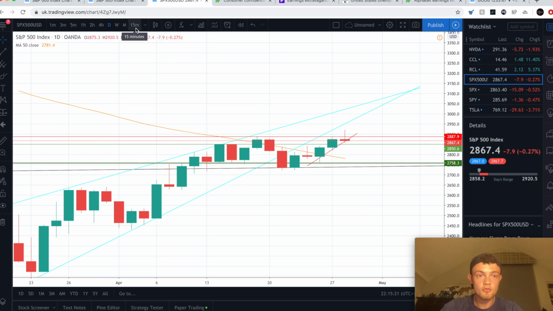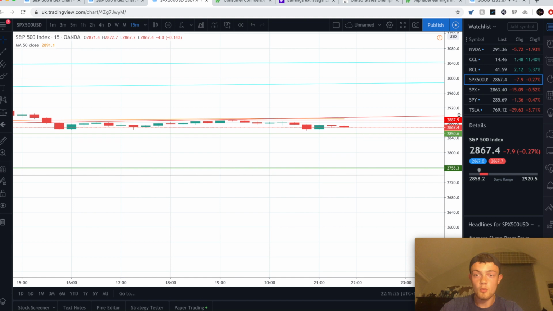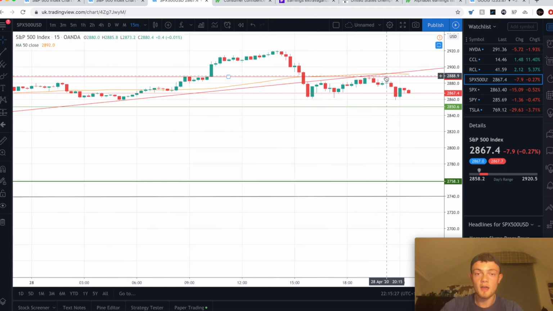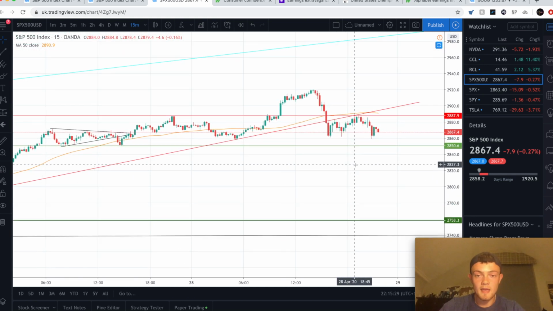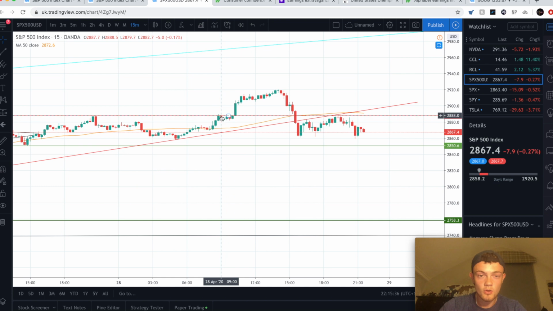So if I drop down into the 15-minute view, we can have a look at what happened today. Yesterday we closed here at 9 o'clock with a rejection of this very strong resistance line. In after hours we saw a break of this resistance line and saw a clean upward move into this